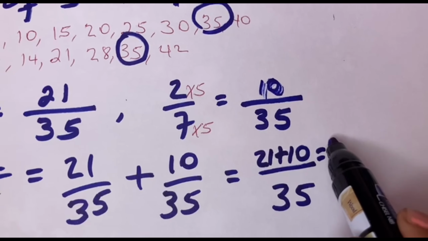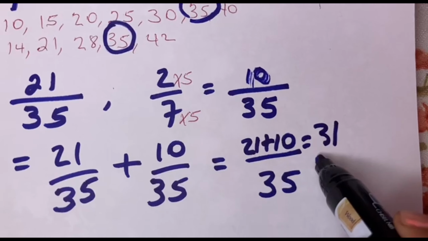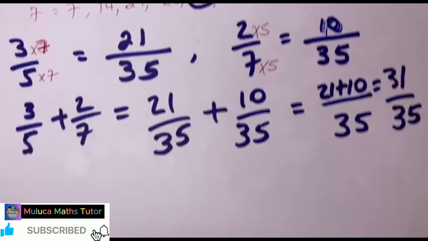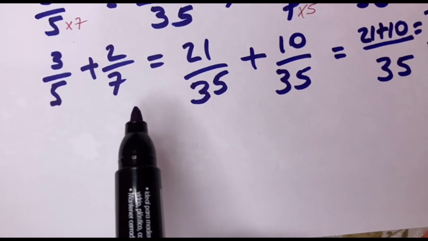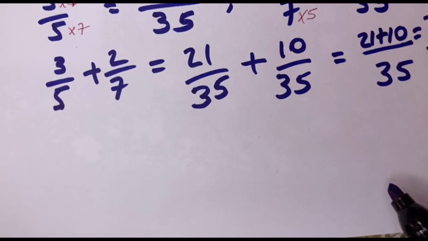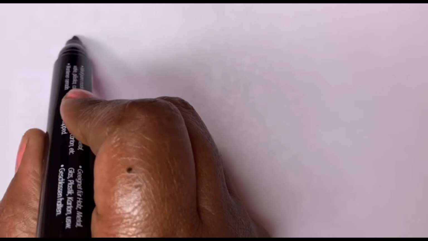21 plus 10 is 31, so 31 over 35. Okay. So the addition 3 over 5 plus 2 over 7 is 31 over 35. So as usual, when you do this, you can pause the video and try to do it for yourself before I solve it. Okay, number 2, let's add 1 over 9